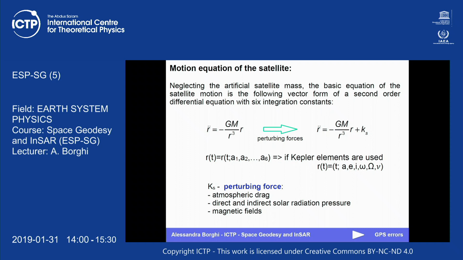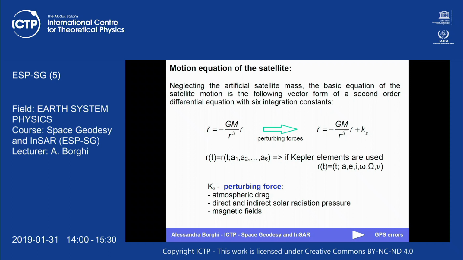This is in a simplified way. On this satellite there are some perturbing forces that are due to the atmospheric drag, the direct and indirect solar radiation pressure. Stop me if you don't know some of these effects, due to the magnetic field of the Earth and so on. So we have to introduce this term, and the position of the satellite at a given time t is given by this